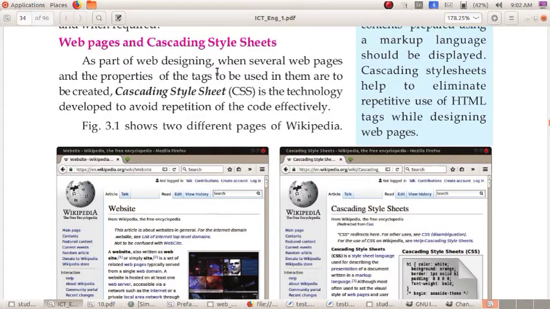As part of web designing, when several web pages and the properties of the tags to be used in them are to be created, cascading style sheet is the technology developed to avoid repetition of the code effectively. Okay, so what is the short form of cascading style sheet? Yes, we can call it as CSS. Okay, CSS.